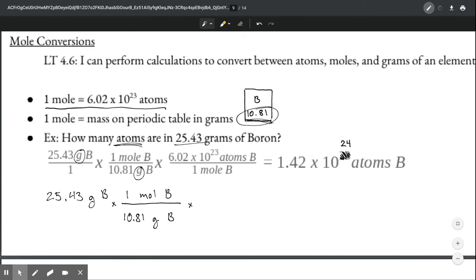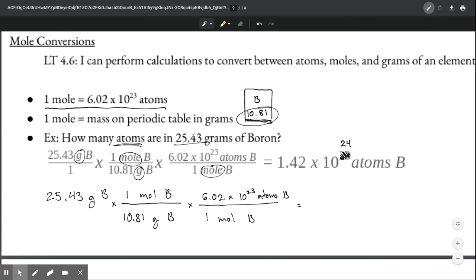And in the same fashion, when we have to get to atoms, we have to match mole to mole. So in 1 mole of boron, we have those 6.02 times 10 to the 23rd atoms of boron,